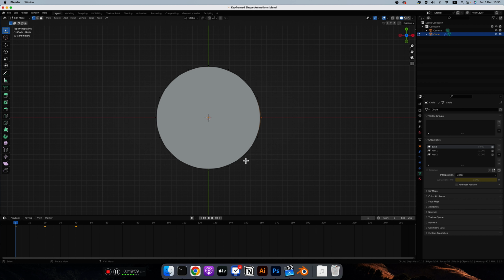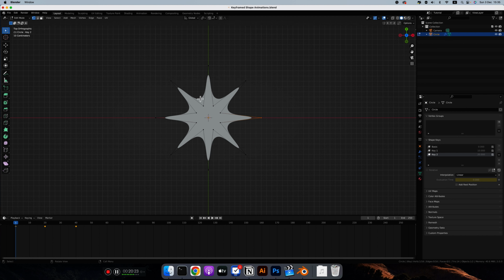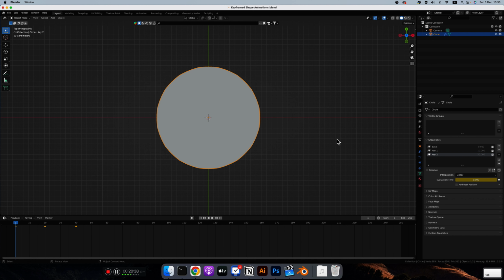If you notice how it changes, if I go into key 1, then what I did is those points on the axes is what I scaled up with the other points that are one after it. And then key 2 is when I selected those inner points and scaled them down. And this went back to the basis. So absolute is what's relative to the basis, but relative, if I go out of edit mode,